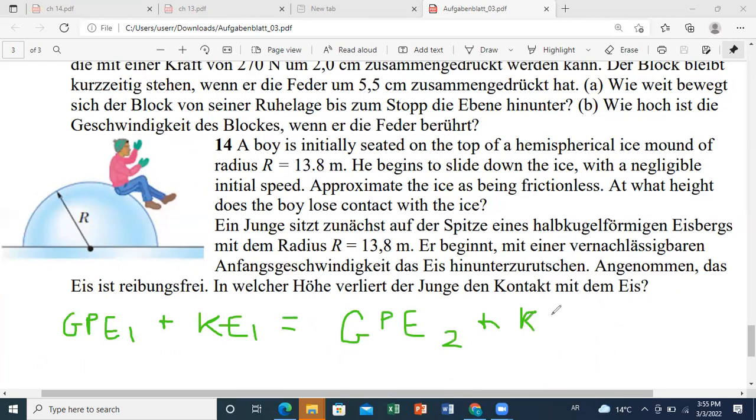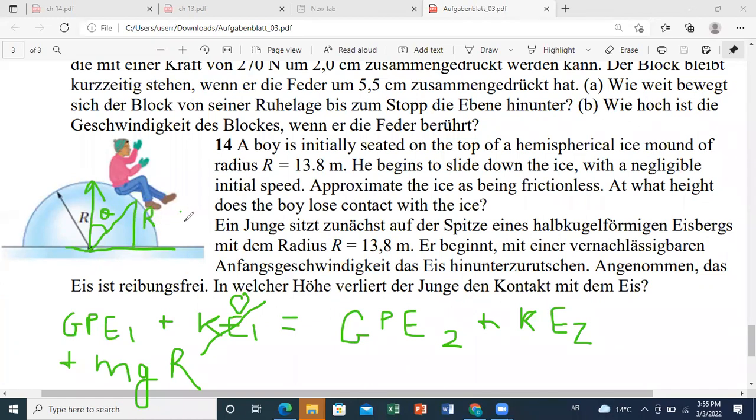Now, the boy starts from rest, so KE1 is 0. As we said, this is my reference line, so at the top my gravitational potential energy is plus mg times r. At position 2, I relate the gravitational potential energy to the angle theta. This is theta, so the height at point 2 is r cosine theta. So my gravitational